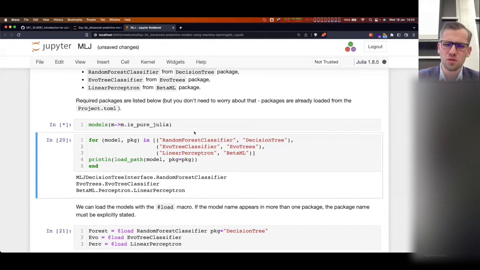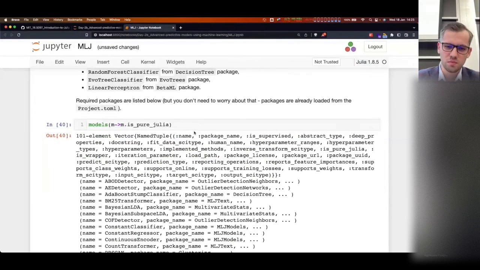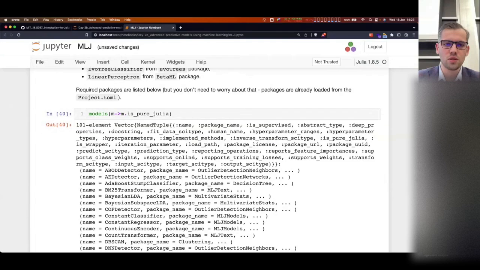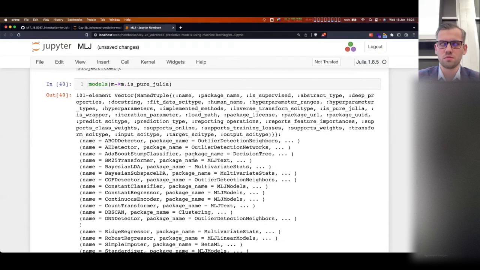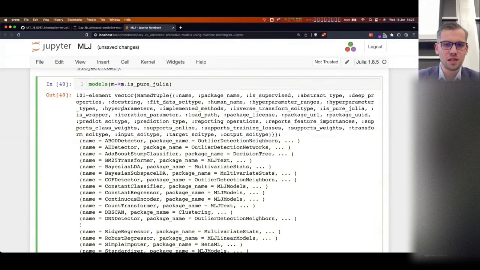Actually, I'm doing the opposite of what I told you, but I wanted to do this anyway. So we have 101 pure Julia models. So almost 50-50, like 99 non-Julia models. So how can we get the opposite? We need to negate, and this is the